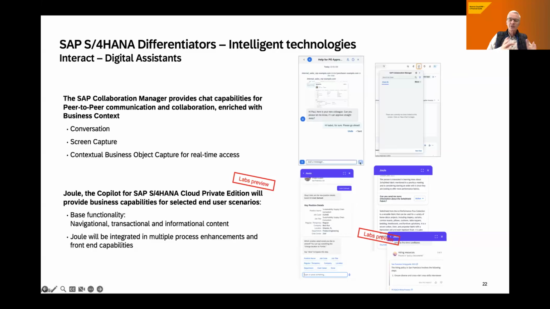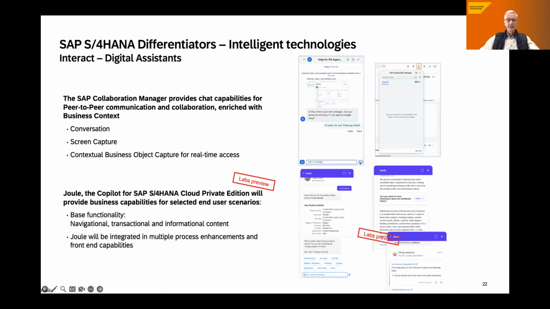The context of the transaction that I've been starting from is being transferred over to the recipient of the chat, and he can immediately grab this object and keep working on it. Just a very small example. Nice thing really for, let's say, not so 100% structured communication on a peer-to-peer level.